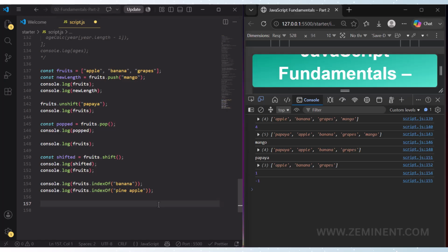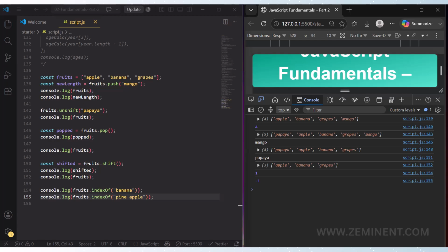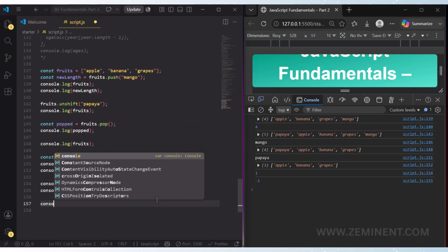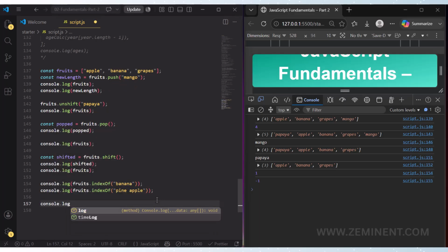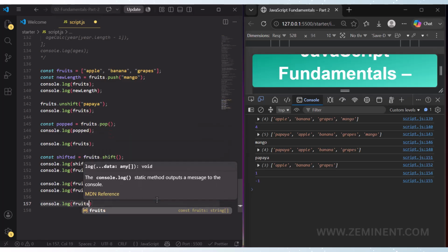And now similar to this indexOf, we have a modern ES6 method called includes. And instead of returning the index of the element, it will simply return true if the element is available in the array, or false if not. Let's write here console.log fruits dot includes.